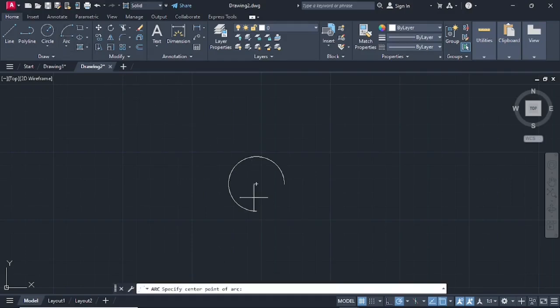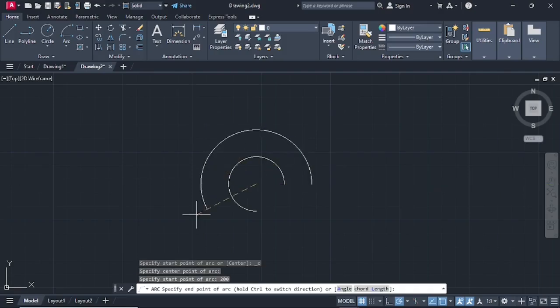Go on arc again, make it an arc, go on this side, 200, press enter, then an arc there. After I've done that, go on line there, and let's make a line from there to there. Escape, then click on this line like that, then type AR for array, enter,